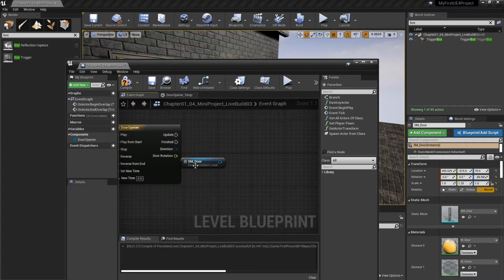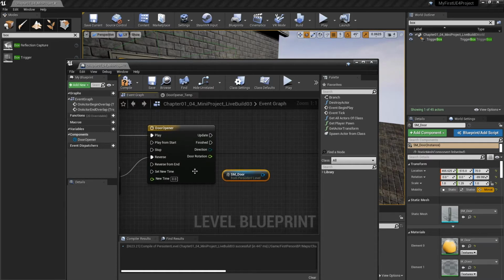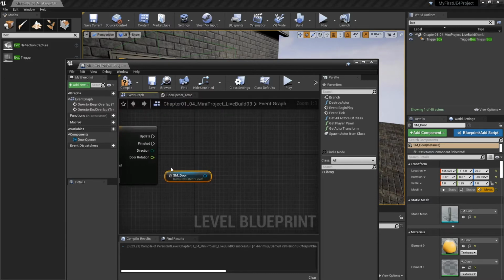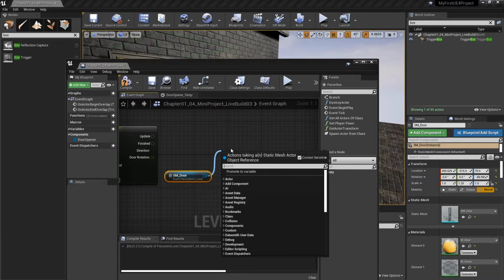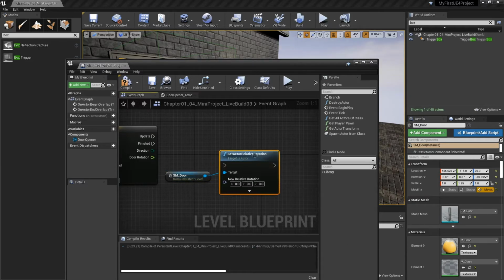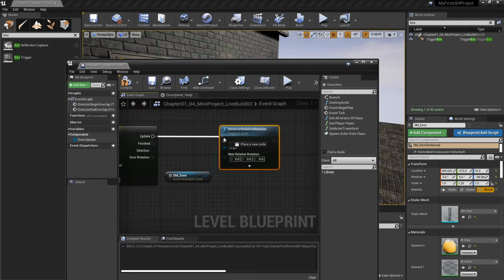Great. So now we're going to take this information that's being generated over time, and we're going to connect the variable that we created called the door rotation, and that's what we named here, and we're going to affect this door actor, or door variable in this case. So we'll just type in rotate, and in this case, relative rotation will be working fine for us. So set actor relative rotation. We can connect the update,